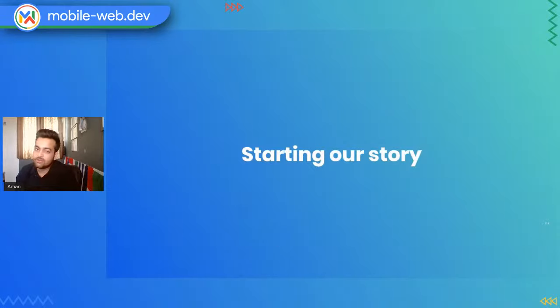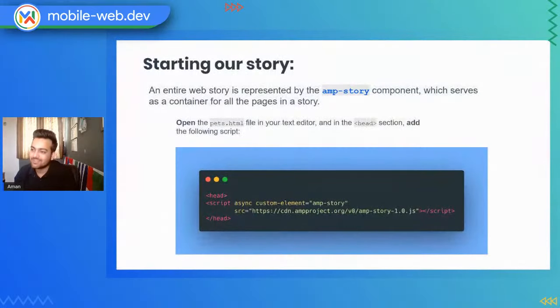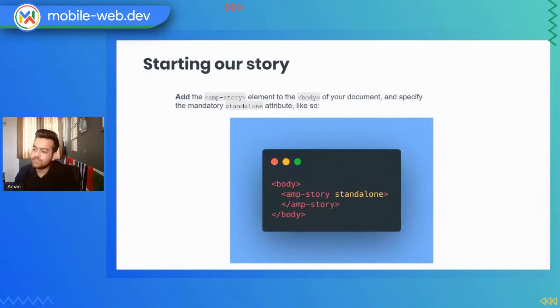So let's see how you can start your own story, the web story actually. It's very easy. Firstly, you need to include this amp-story extended component inside your AMP HTML. You don't need to include the basic AMP tag. You just need to include amp-story directly if you're using it inside your project, in the head section. And then you have to declare amp-story standalone inside the main body tag of your HTML body.